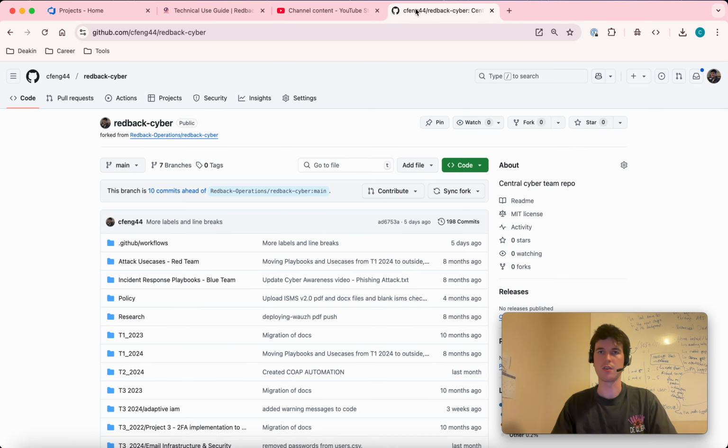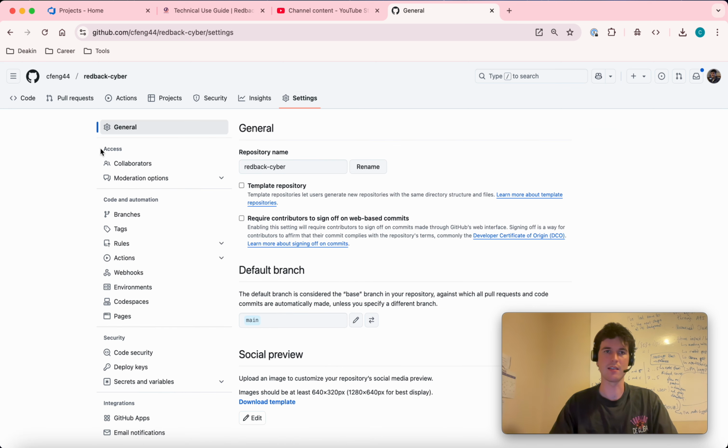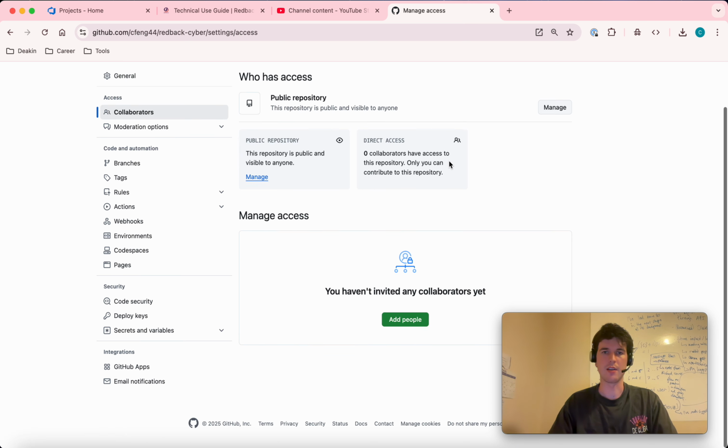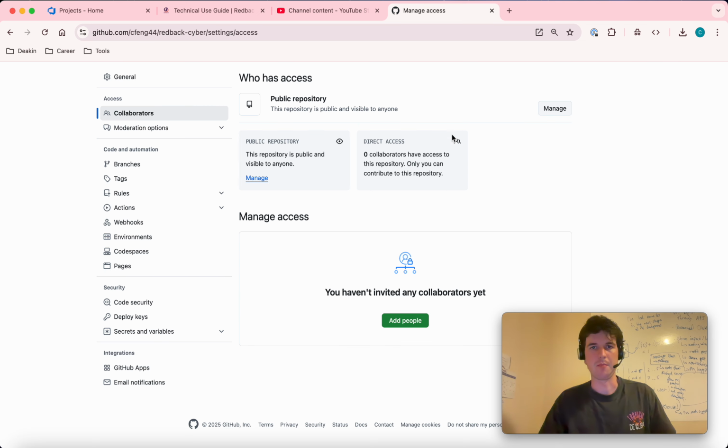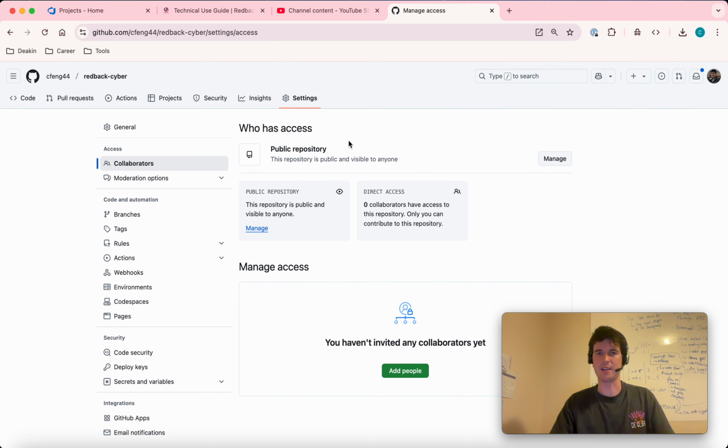So to start, you want to go into GitHub and the repository that you want to link. Go to settings, just the general settings for the repository. Then under access, click collaborators. Then under manage access, you add collaborators and search for their name in GitHub. That's if you're a team leader, or if you need to ask your team leader to add you. Once that's the case, you now have access to the repository and your user account can generate tokens to allow